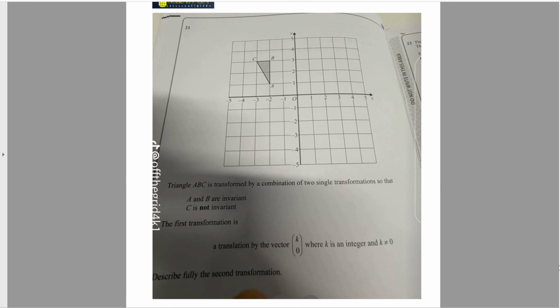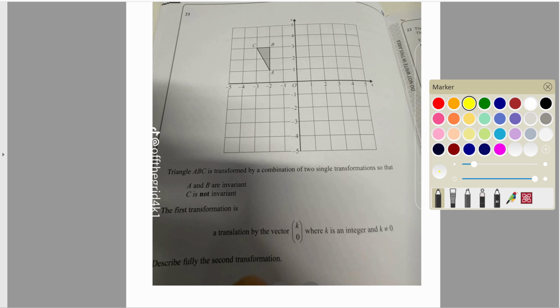Okay, some people find this one hard as well. But to be honest, if you look here, that's a translation. And moving this to this side doesn't help me. I actually wanted to move it to this side, then I do reflection. When I do reflection, A and B stay the same, because C is not actually changing. So if I draw it here,